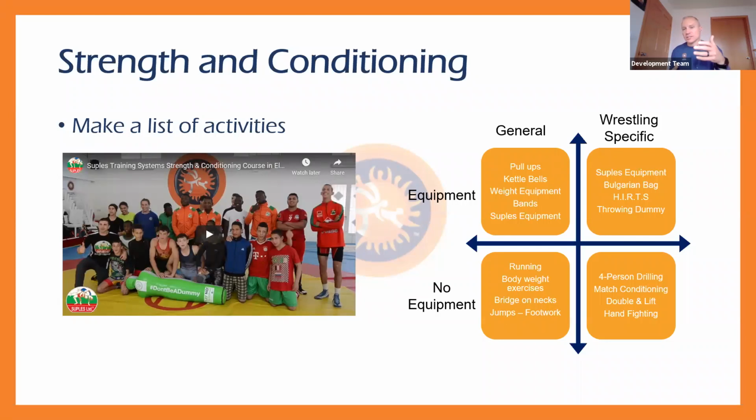Then on the side column, we broke it down into equipment versus no equipment. Some of you may have equipment in your room that will help you with strength and conditioning, where others of you may not have that. We have a variety of things, but not everything. But we've got to be able to have something from everywhere. So I would start by making these categories and then start writing the things in the list